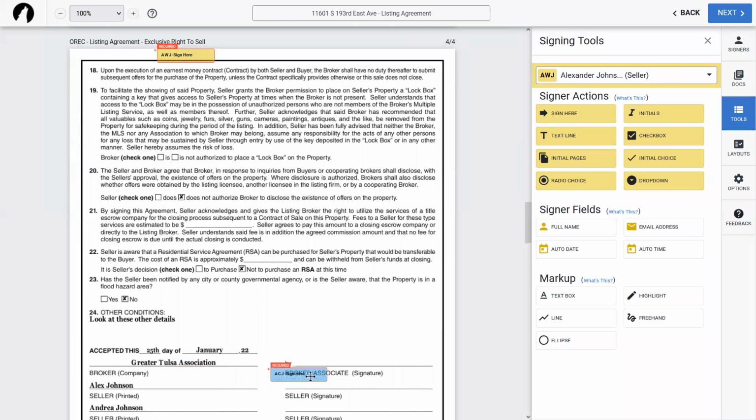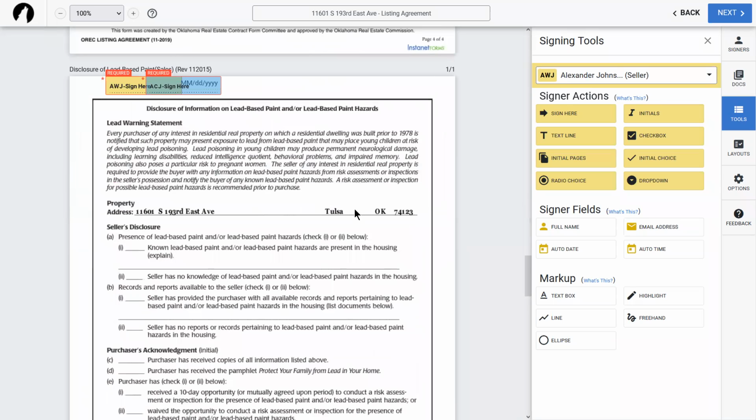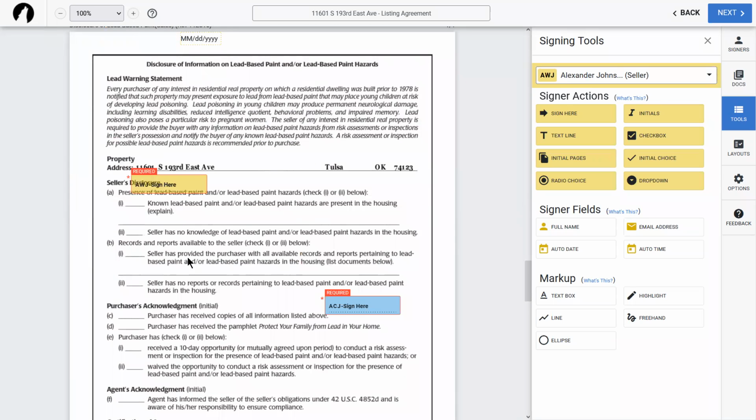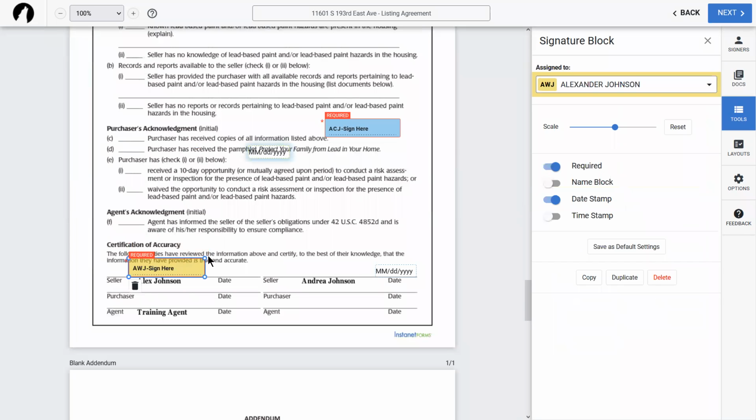Of course, I've moved this around too many times now. It's giving me something funny. There we go. So we've already got that information put on there. It doesn't have a date because, as you can see, date was actually already built into the form. Next section, oh man, repositioning these has muddied the waters. Give me just a second here. This is new. I don't think I've seen it do that before. Interesting. I'm going to have to get that reported as soon as we're done with class. That is not the way it's supposed to work.